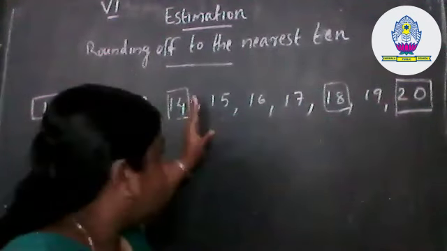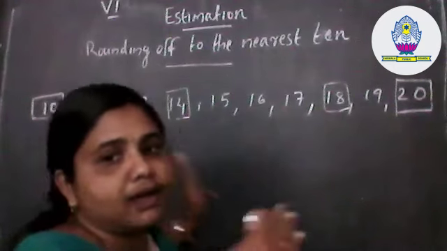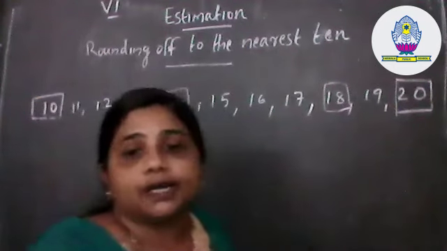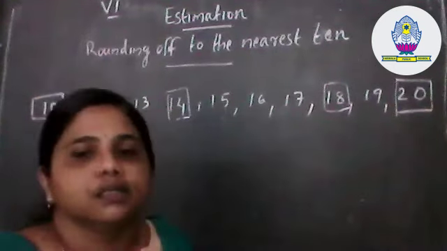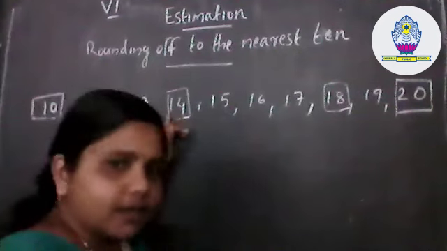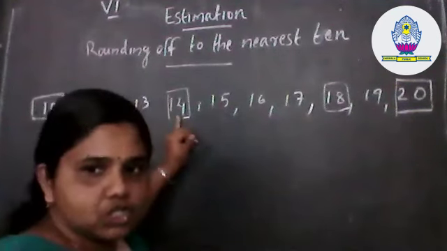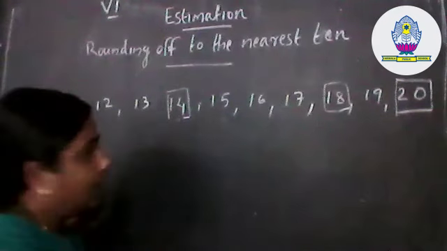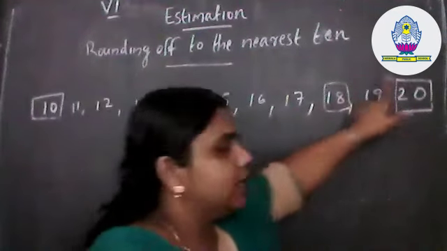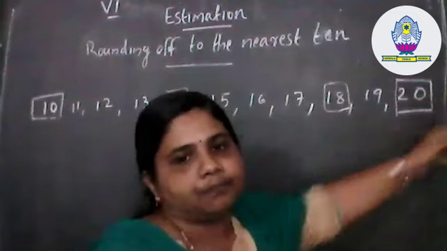ഏതെങ്കിലും ഒരു നമ്പർ നോക്കുക, അതിന്റെ അടുത്ത് നിൽക്കുന്ന 10കൾ ഏതൊക്കെയാണെന്ന് നോക്കുക, ഏതിനോടാണ് ഇത് കൂടുതൽ അടുത്ത് നിൽക്കുന്നത് എന്ന് നോക്കുക. So if we consider 14, the nearest 10 is 10, and if we consider 18, the nearest 10 is 20. That means